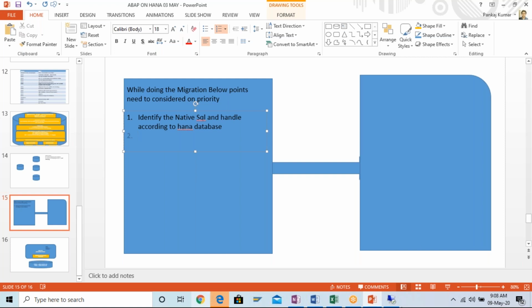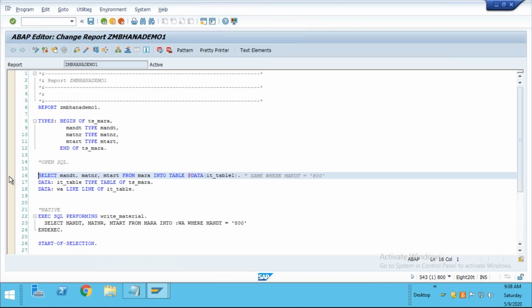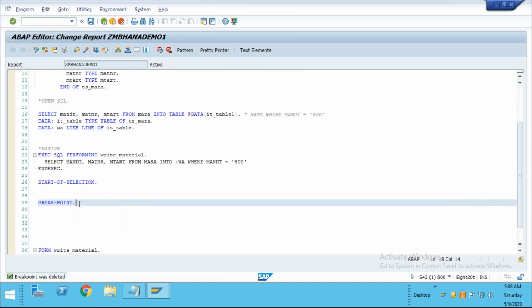So what happens if we're going to write some select query over here? This is actually a HANA database, right? The current